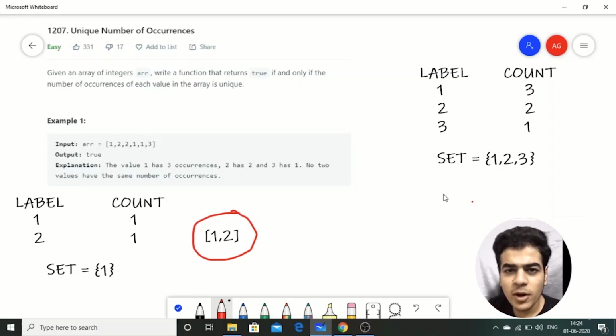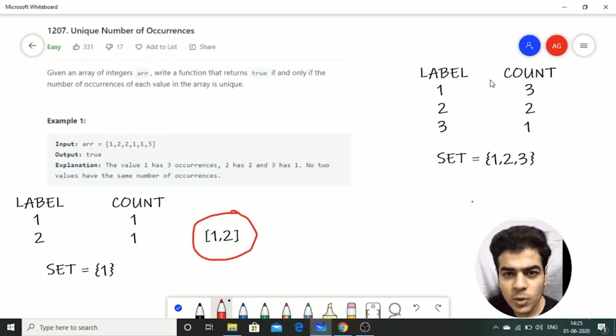Okay, so what I'm going to use is HashMap because this data has got key value pairs associated with it. I'm going to use HashMap to store this data, and also I'm going to use something called a set. Basically, I'm going to use a property of set, and that is set does not contain duplicate elements. That means that you can't have 1 1 2 2 3 3 in a set. Always it is going to be 1 2 3.